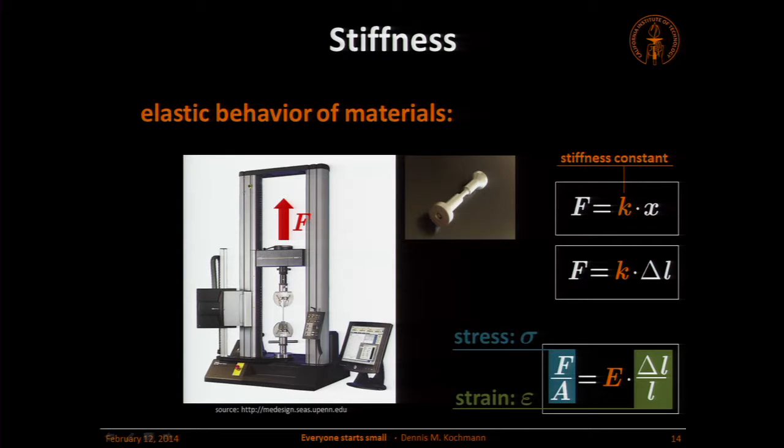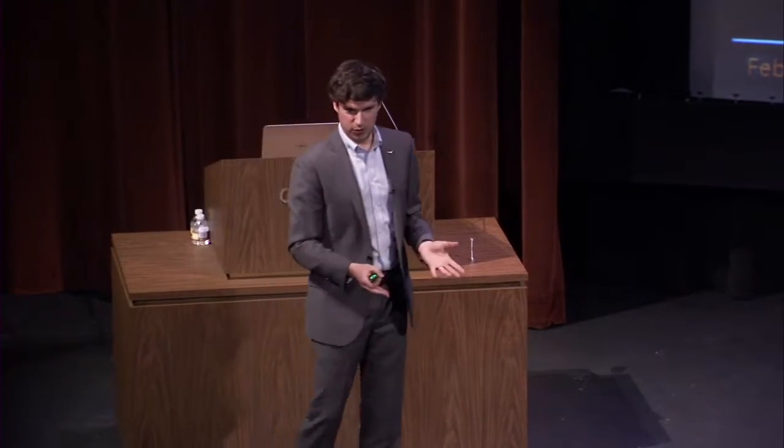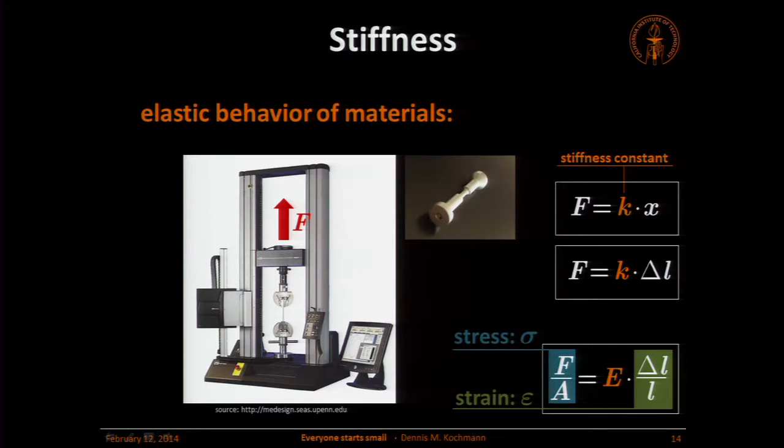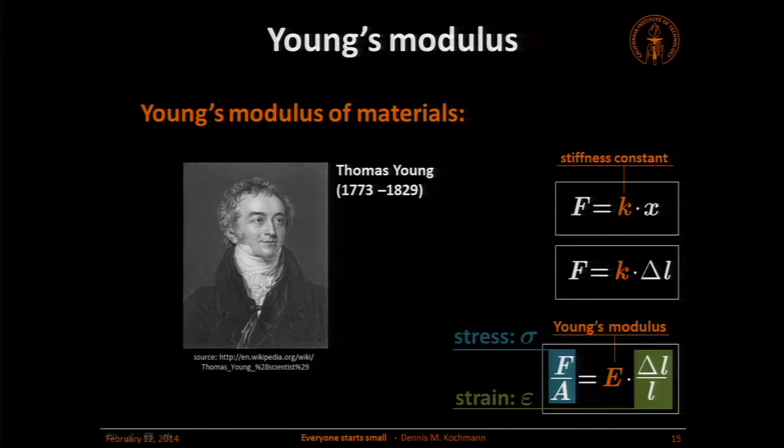The same for the elongation. If I tell you, yes, I ran an experiment and the specimen got about 1 inch longer, that doesn't mean anything to you until I tell you if the specimen originally was 1 inch long or 10 feet. That makes a big difference. So we divide the elongation by the original length L. This is what we call the strain epsilon. And now in the middle we have a constant E, which indeed is a material constant. That's the material stiffness, and it is named Young's modulus after Thomas Young, an English scientist, who in fact got really lucky because he was not the first to discover this constant.